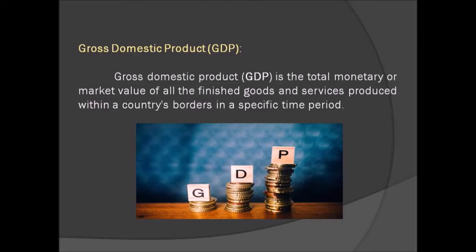The GDP of a country measures the market value of goods and services produced only during the specified time period. The goods and services produced in earlier periods, that is, before the time period, are not included to calculate the GDP. So these are the two factors which we have to consider while calculating the GDP. One is we have to see whether the goods and services are produced within the country's border, for which country we have to calculate the GDP, and the second factor is that we have to consider whether the goods and services are produced during a time period.